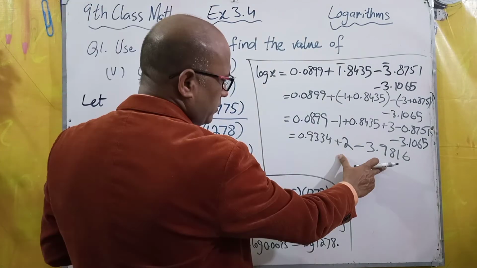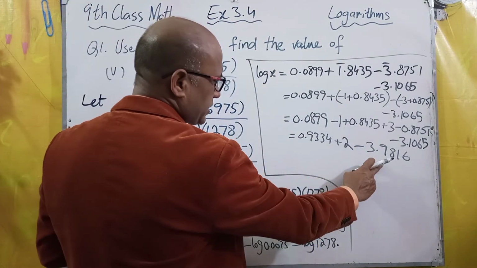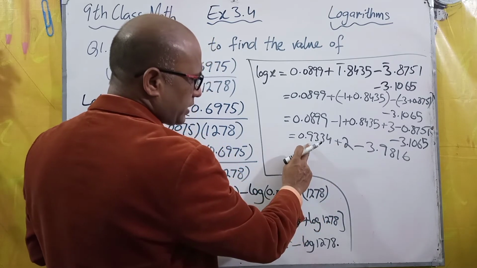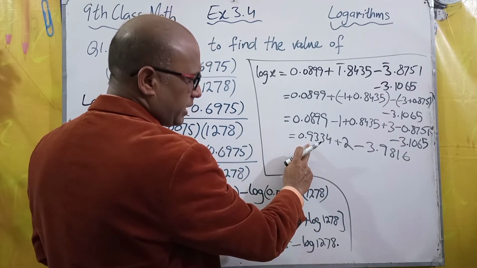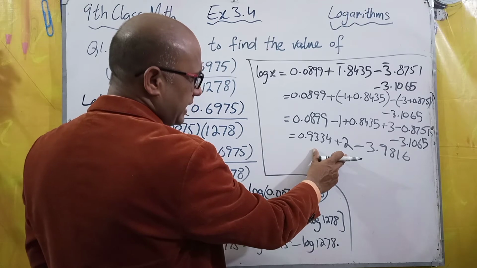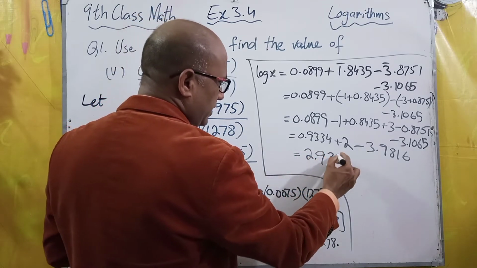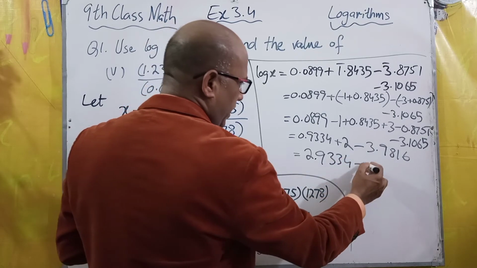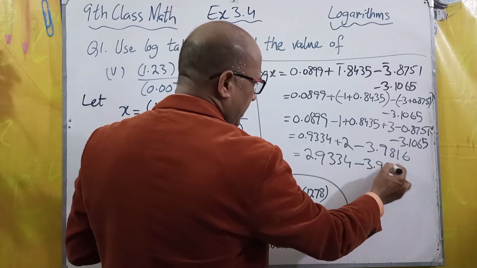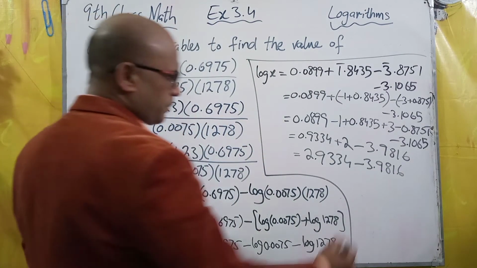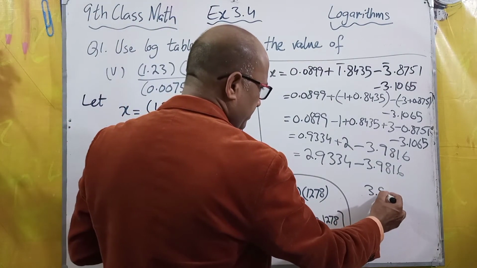Now we have got these three numbers, students. First of all, add this 2 into this number because both have plus signs. So it will become 2.9334 minus 3.9816. Now if we subtract these two numbers,